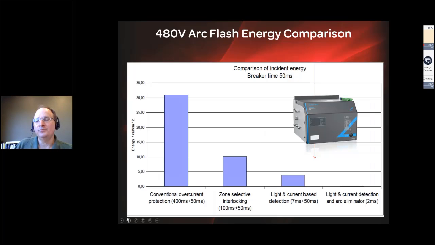This is a similar model based on a 480 volt modeling comparing conventional overcurrent protection. We could see the dramatic benefit in terms of calories per centimeter squared of zone selective interlocking, and another quantum leap in arc flash mitigation benefit if we added an arc flash protective relay. And again, we assumed a slow relay in this case, many times slower than our 2 millisecond relay. And then of course the arc quencher all the way on the right has the lowest possible incident energy, always